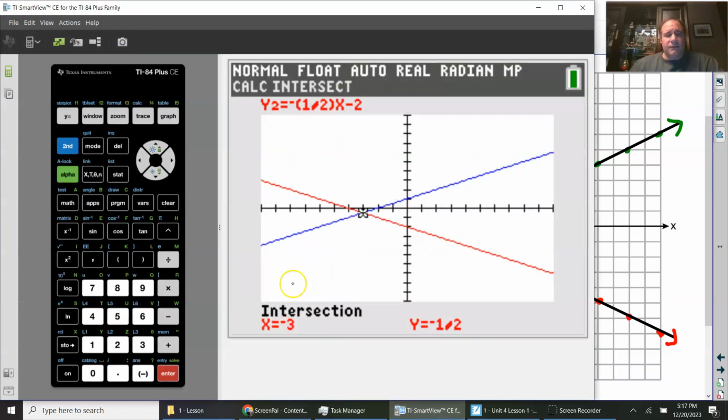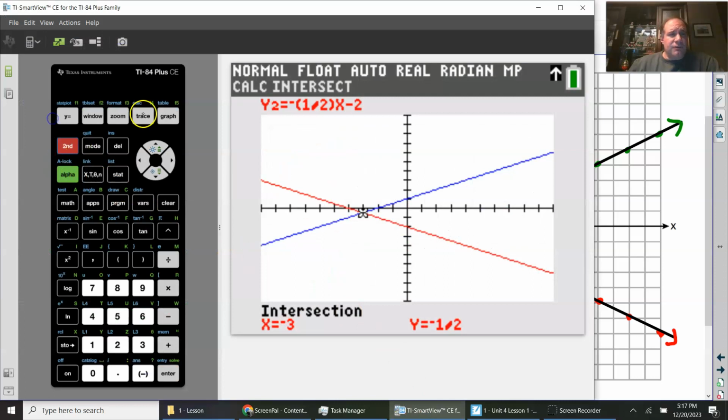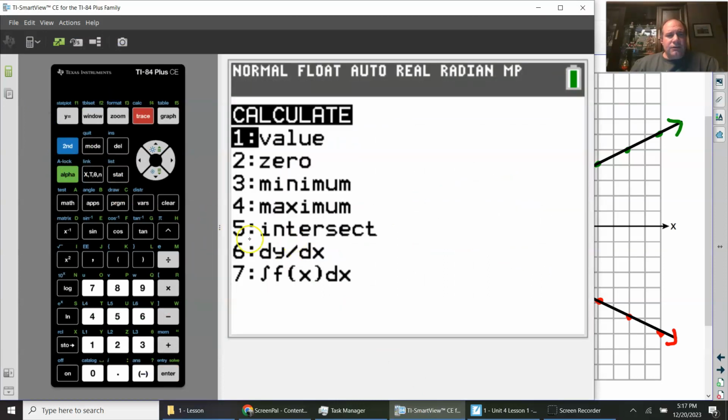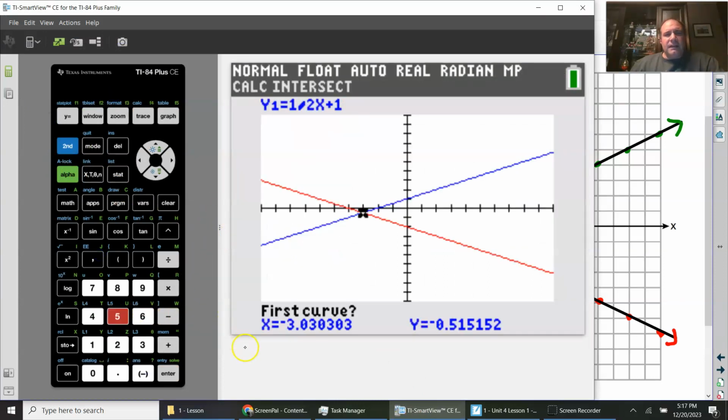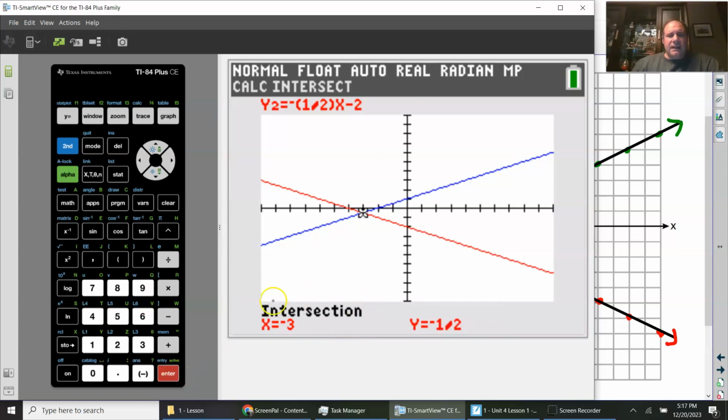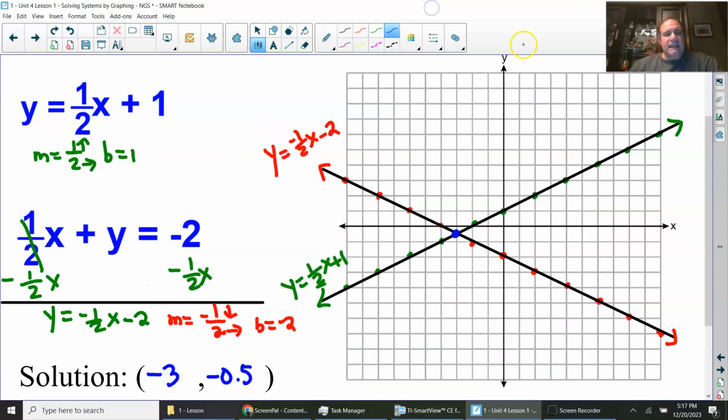Your calculation right here, second function trace, and then you go down to 5, and then you go first curve, you press enter. Second curve, it jumps the lines, you press enter, and then it says guess, and you press enter again, and it'll give you the intersecting point. All right, just wanted to show you that,